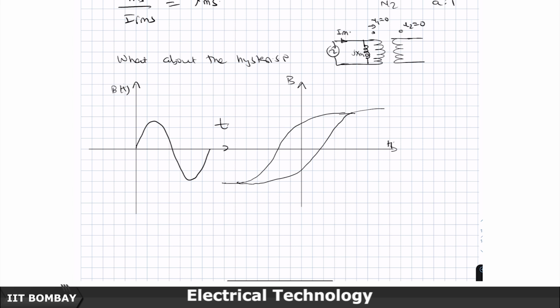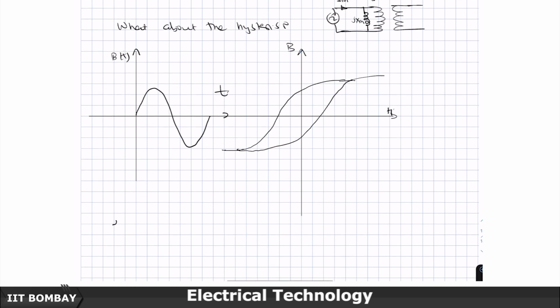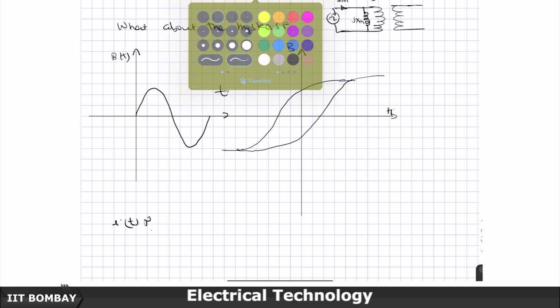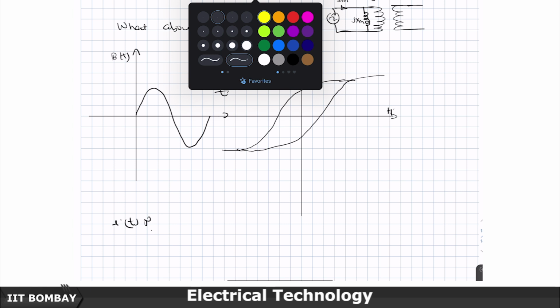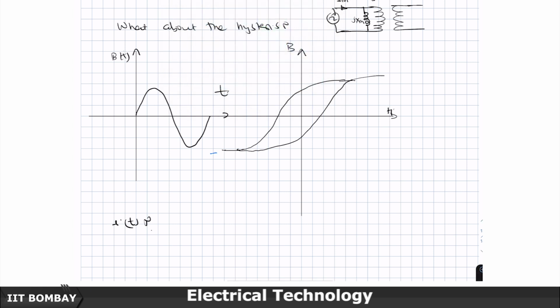And as in the previous case, I am interested in the waveform I of t. So, again, this curve is now a